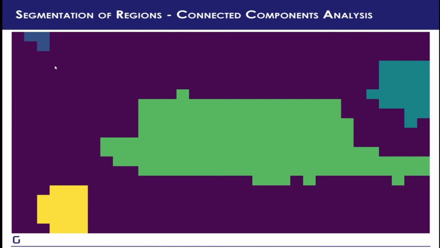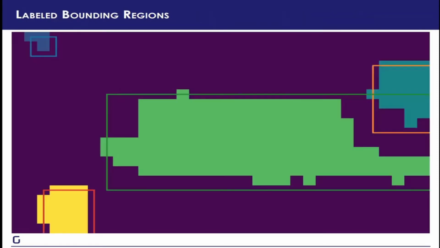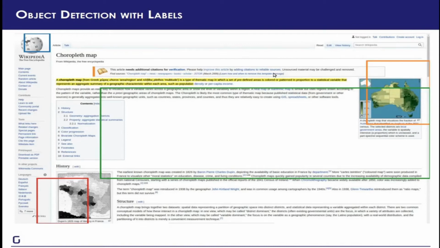For example, we see that this set of pixels is disconnected from this set of pixels, which is in turn disconnected from this set of pixels and also from this set of pixels. So the segmentation algorithm automatically clubs together all the pixels under a single label, and that for us becomes the prediction of a chart. And then finally, all we have to do is draw a convex bounding box around all the connected regions, and when we overlay it back onto the image, that's it. We have successfully managed to convert an image classification model into an object detection model.